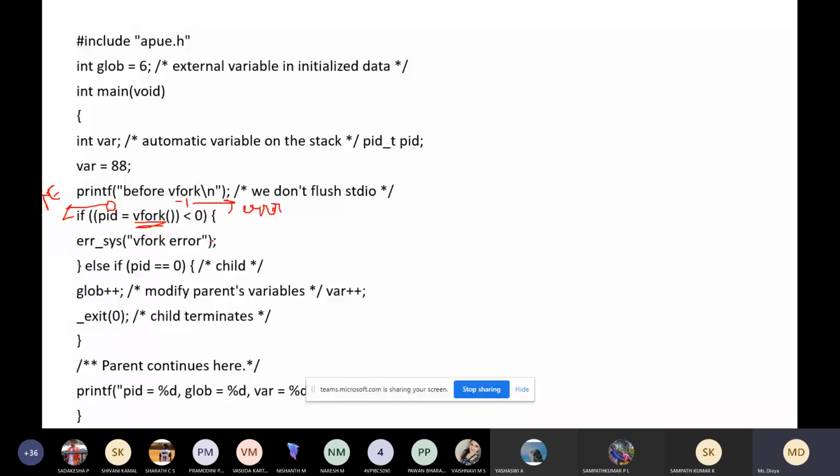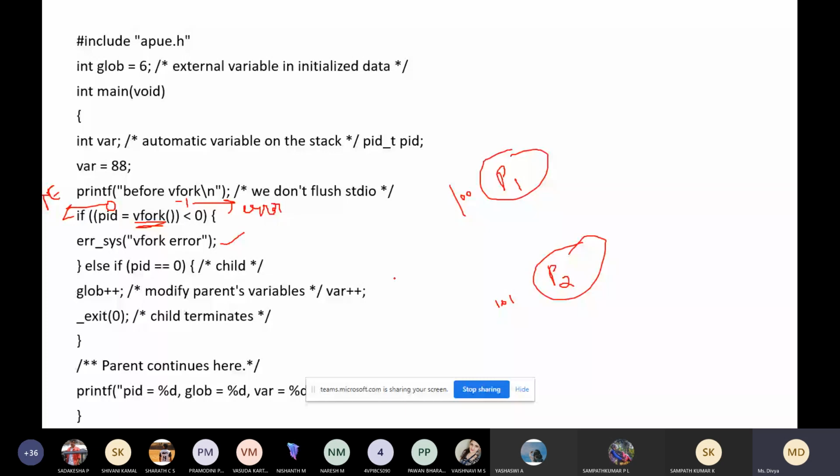We are not able to create the child. The parent and child will have different IDs, just as an example.